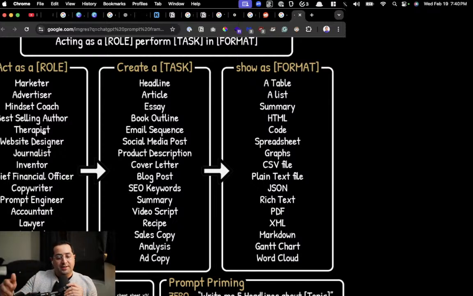Give it a role. Second, now here's something important: give it a micro task. Not a full task, but a micro task. I wouldn't ask it to write the whole proposal, for example, but I would say generate an outline. Then let's work on the first part. Then let's work on the second part. So I would work on it iteratively.